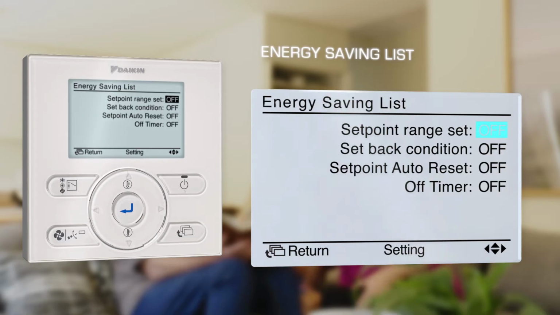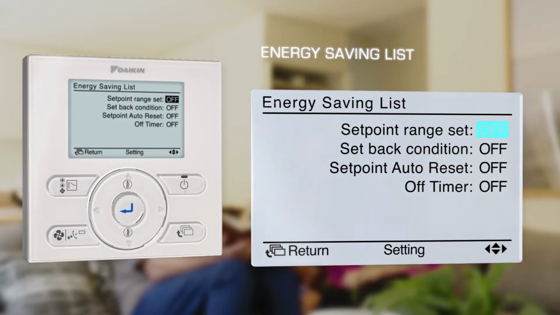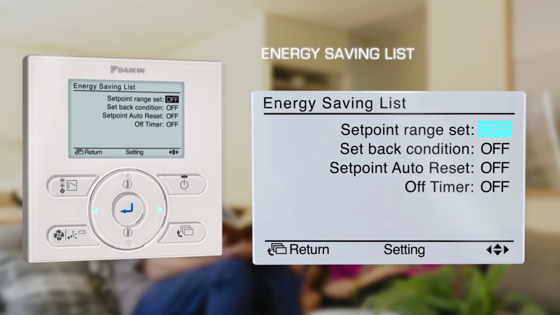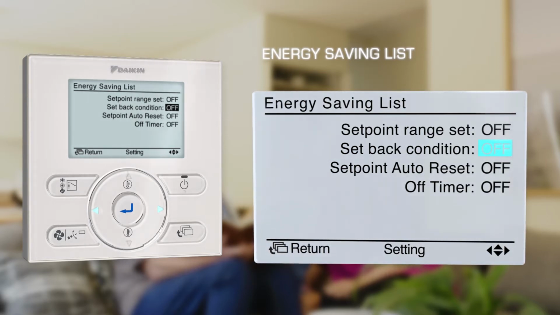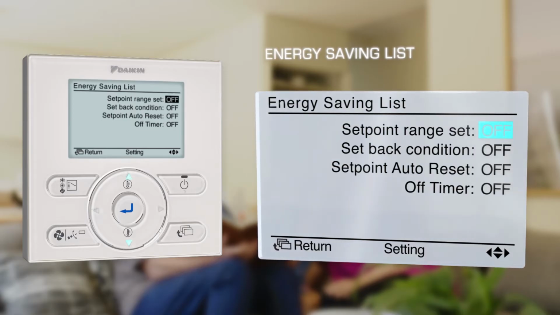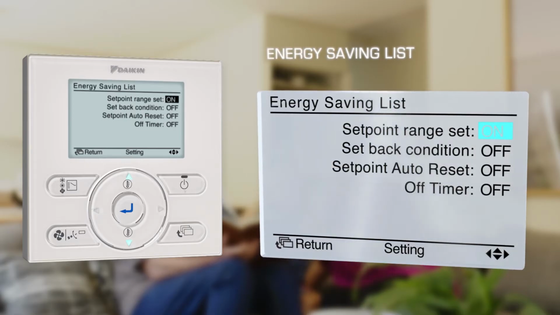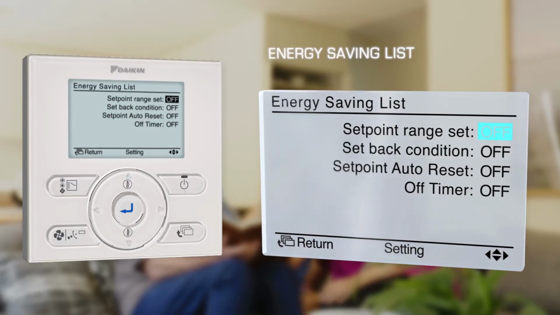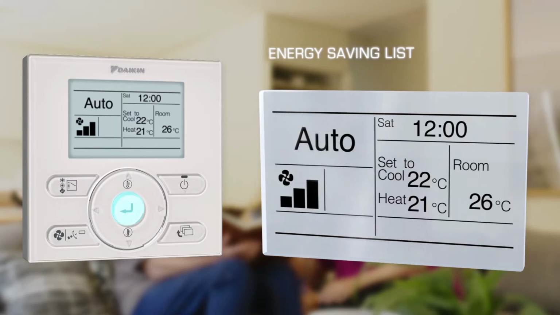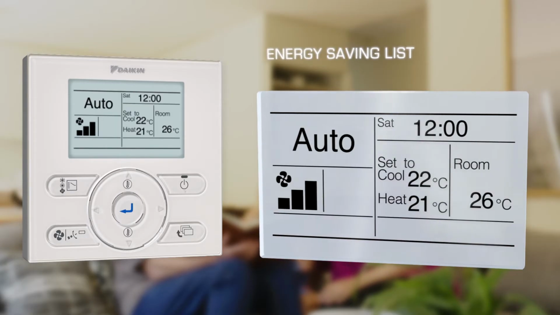It will now display a list of options including Set Point Range Set, Setback Condition, Set Point Auto Reset, and the Off Timer. Use the left-right arrows to move the highlighted item to each available feature on the list, and the up-down arrow to switch the feature either on or off. When finished, press the Enter button and a confirmation screen will appear. Select Yes, then press the Enter button to save the setting, and you will then be taken back to the